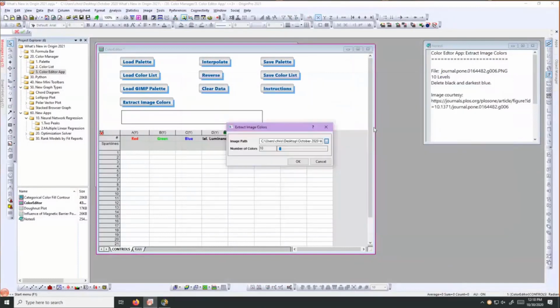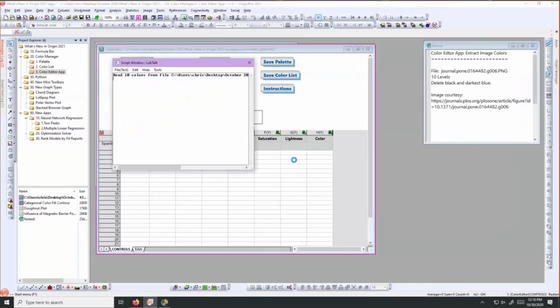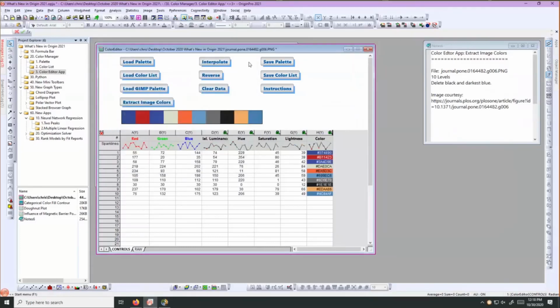I've got it. I need to specify how many colors there are in it. We've got 10 levels. Actually, this image only has 8, but the app makes you have a minimum of 10, and we can fix that in a moment. I will click OK, and Origin is taking a moment to do this because we're relying on our internal Python support now to scan that image for the colors. So it's brought these colors in,